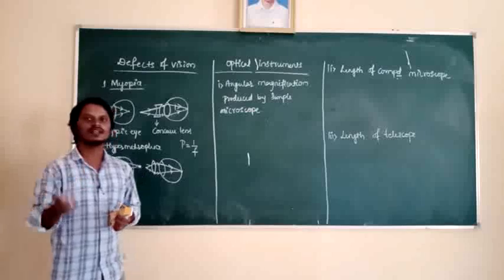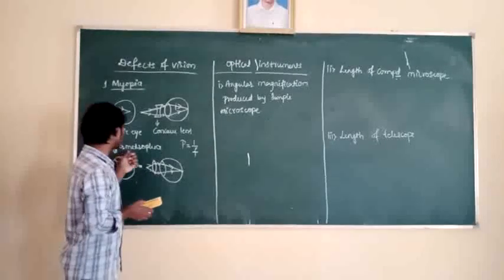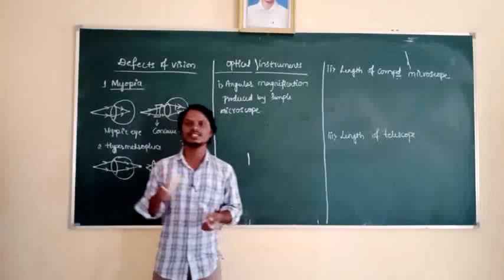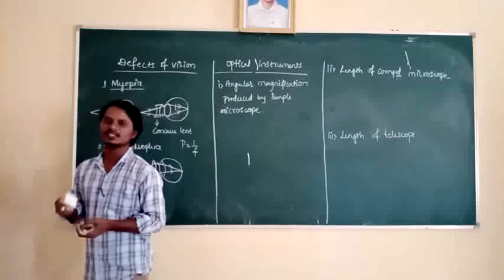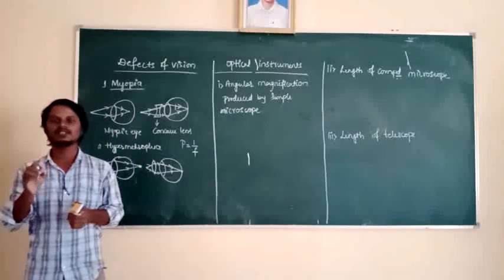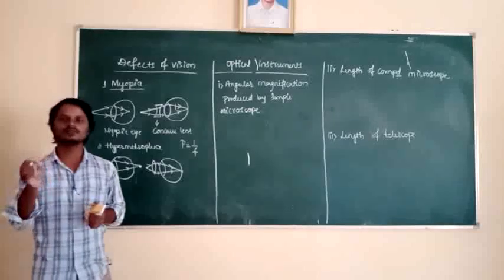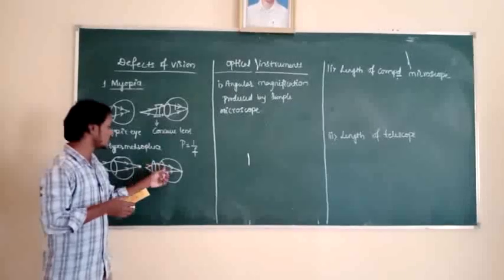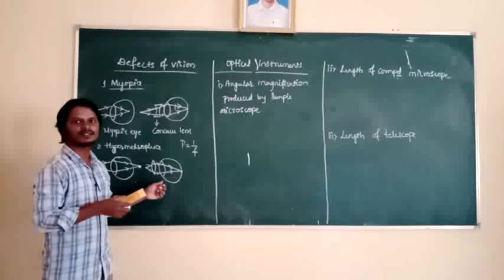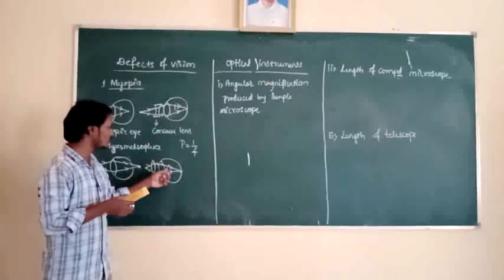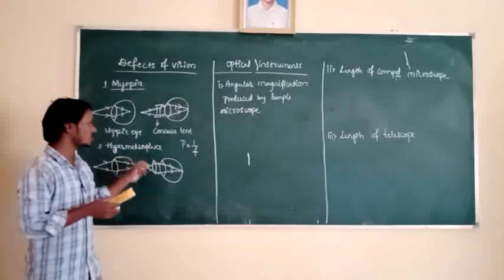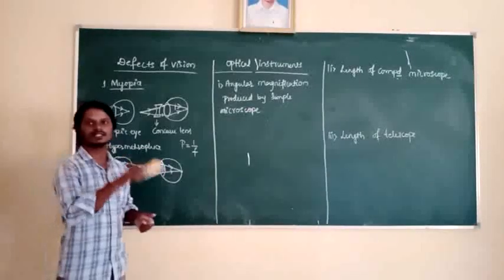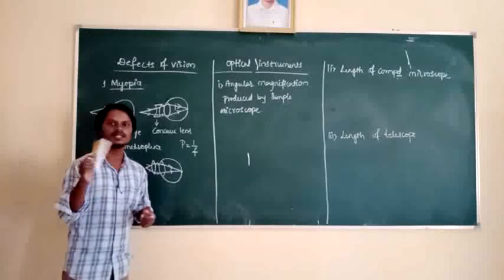Okay. Next, the last defect, that is astigmatism. Presbyopia and hypermetropia are both similar cases here, but presbyopia occurs with aging. Why does it occur with aging? There is a loss of flexibility of ciliary muscles. When there is a loss of flexibility of ciliary muscles, what happens here? There is no change in size of the eye lens. So if there is no change in size of the eye lens, we have to compulsorily use a spec. This spec is made up of which lens here? Convex and concave, both. That is called bifocal lens.